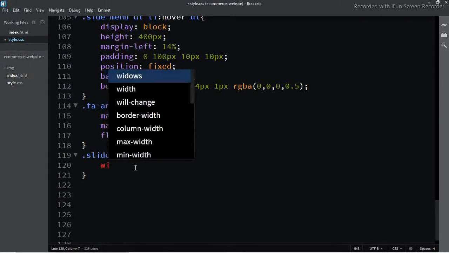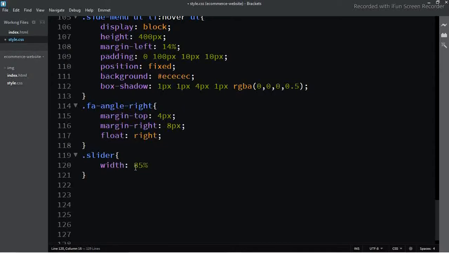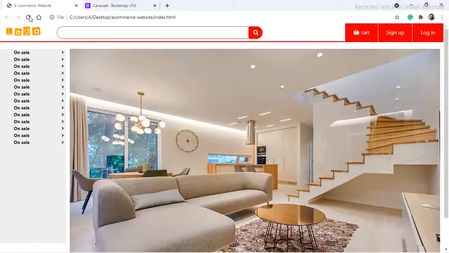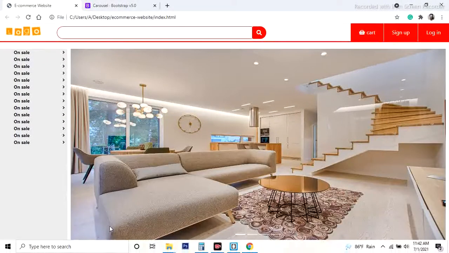Width 85%, margin left 15%, padding 0 10 pixels, padding 0 from the top and bottom, and left and right is 10 pixels. Dot slider image. Now you can see this height is in the correct position.